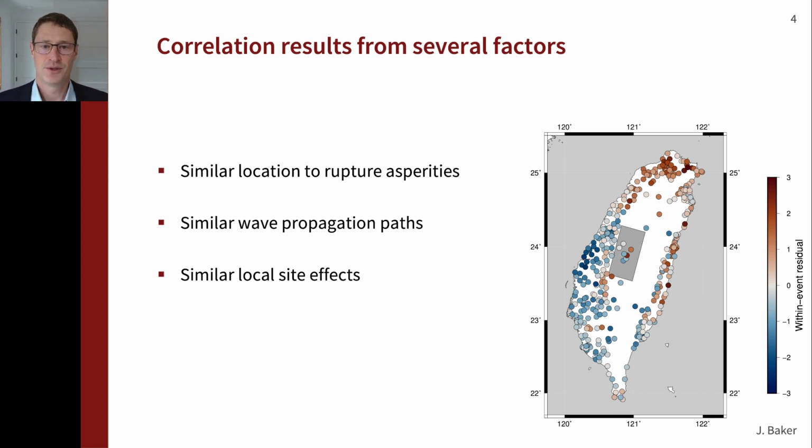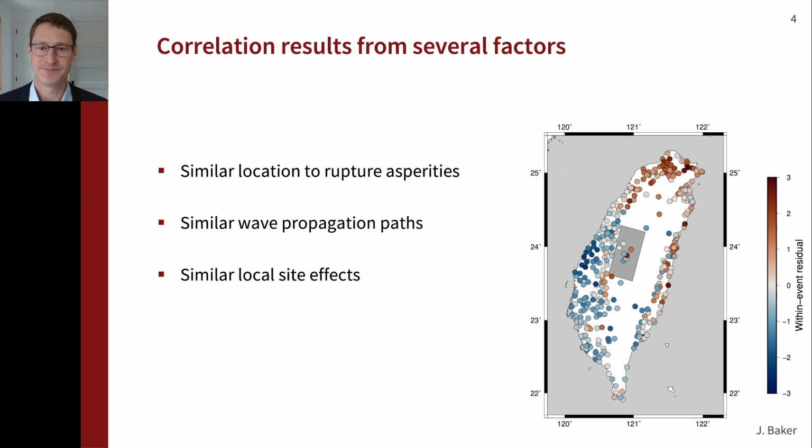So those correlations in residuals are not surprising from a physical perspective. There's lots of reasons why we would expect to see this. So one is, the rupture is just shown here as this rectangle, but it's not a uniform rupture in terms of the energy released or the amount of slip from point to point. So there are points on that rupture that are releasing more energy, so-called asperities, and stations that are nearby those asperities would tend to all have higher strong ground motion intensities, or away from asperities you might have weaker than predicted